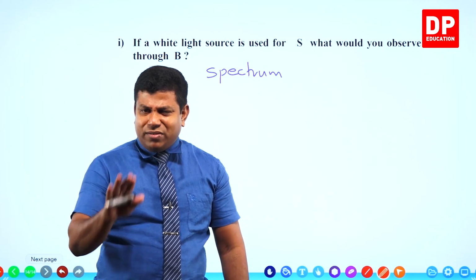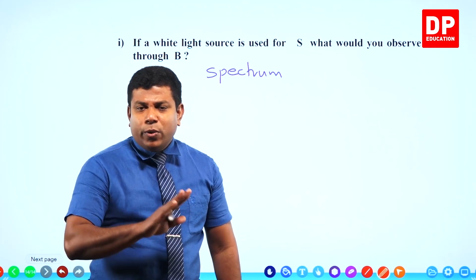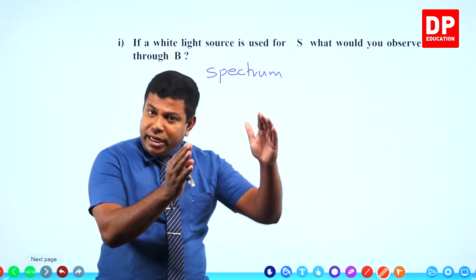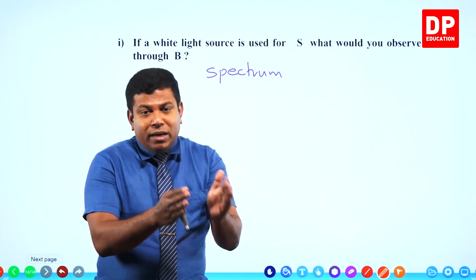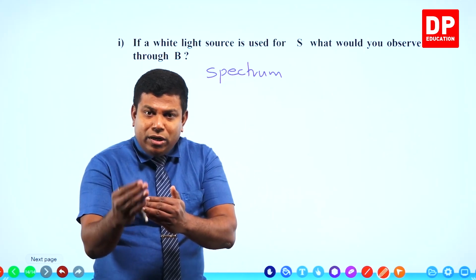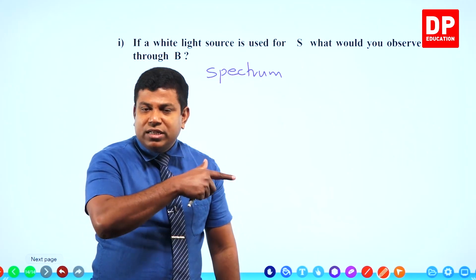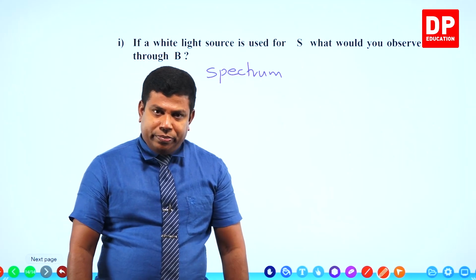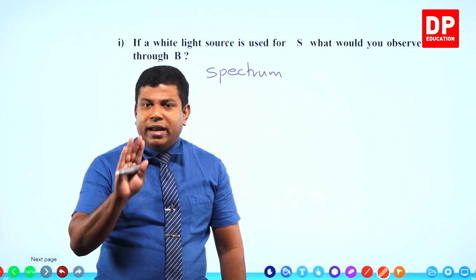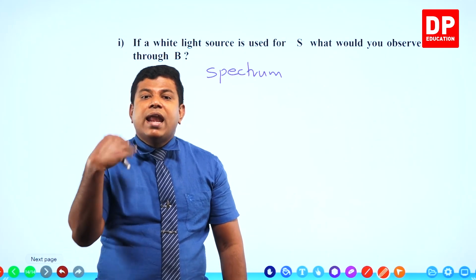Clear? So, such a very simple experiment. Questions cannot be too complicated. Calibration part is there. Apart from the calibration part, this experiment, getting the readings, calculations will be quite simple. This is a sort of question you can get in your exam. Practice all this and we'll meet up again with another experiment.